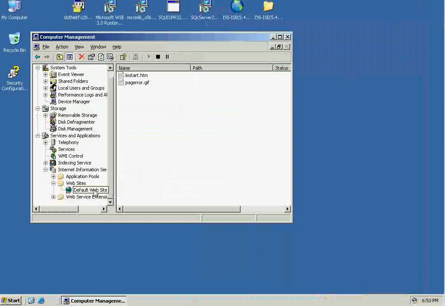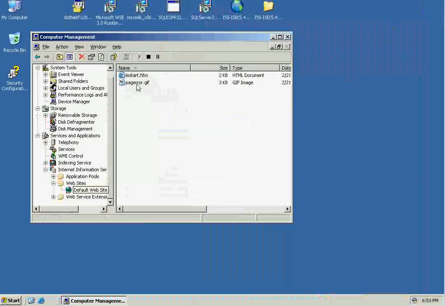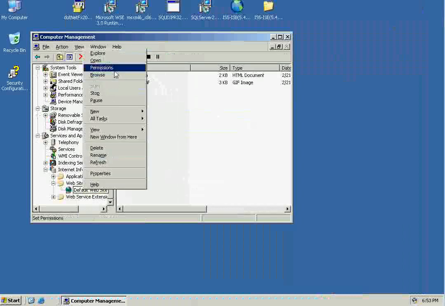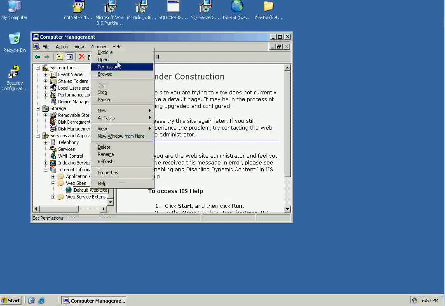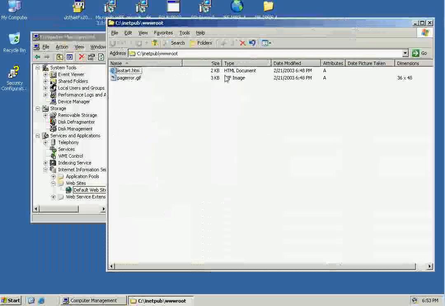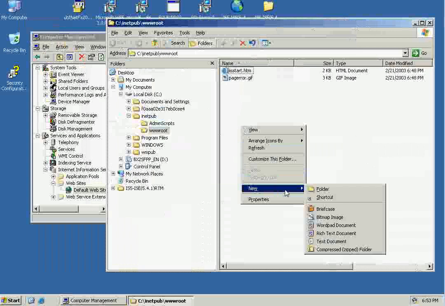Another way we can test this, I'm going to right-click and choose Explore. We can see where these files are being saved here. I'm actually going to browse, open up this folder here and click on folders. We can see it's being saved at inetpub\wwwroot, and I can go in and just create a new text